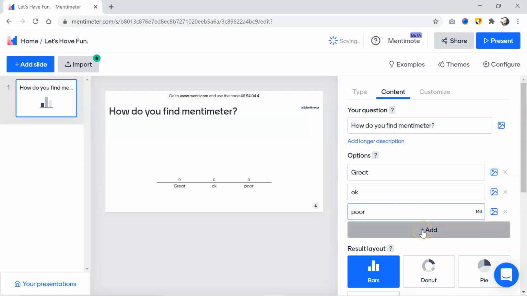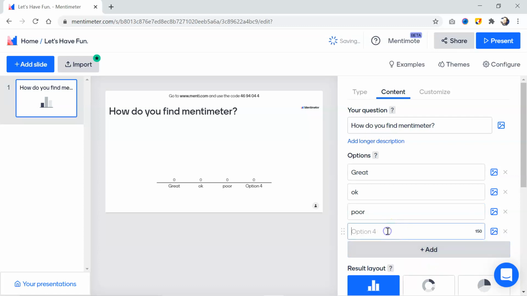You may further add the options with the plus add button. Likewise, you may give the choice of answers to your audience for your question.